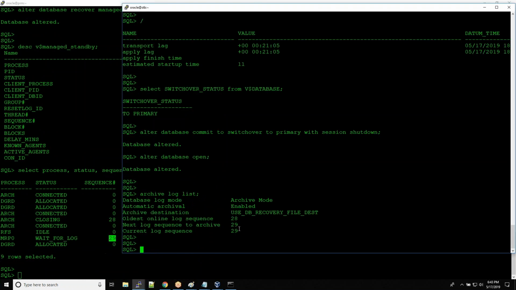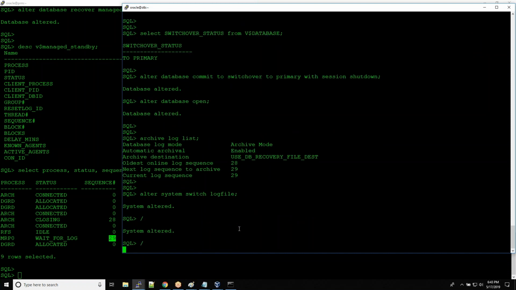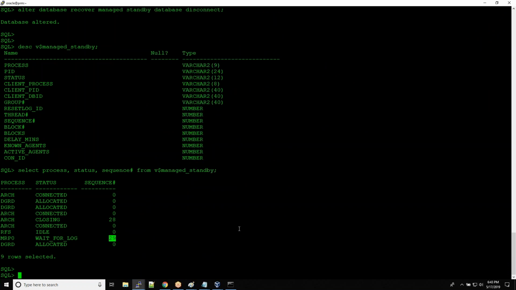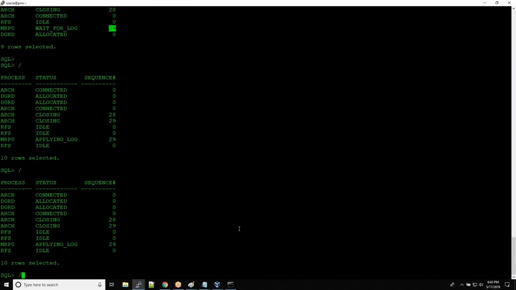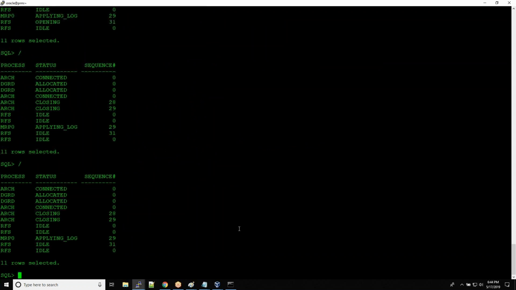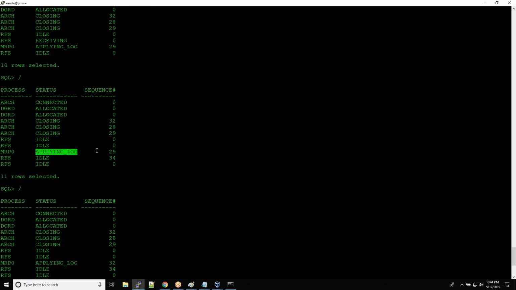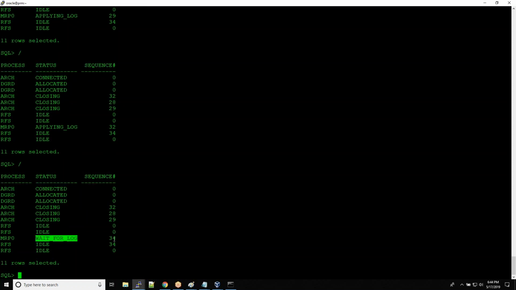So what I will do is I'll perform a couple of log switches just to see if logs are flowing perfectly in the reverse direction or not. So alter system switch logfile. I'll do 2-3 log switches, and on this new standby let us run this command. Can you see it is still applying the log number 29? And now quickly, if you see, applying log number 32, applying log number 29, and waiting for log number 34,